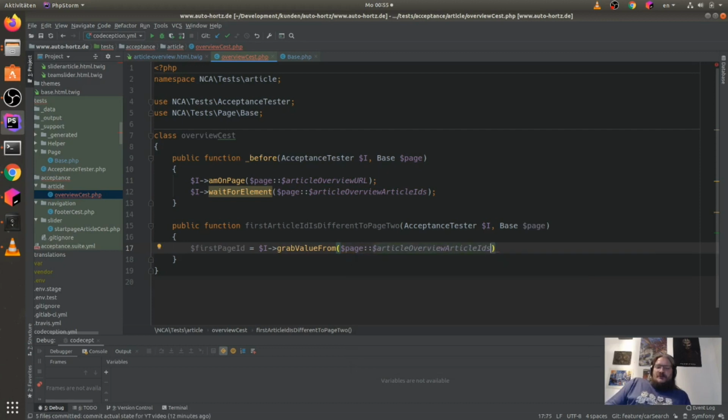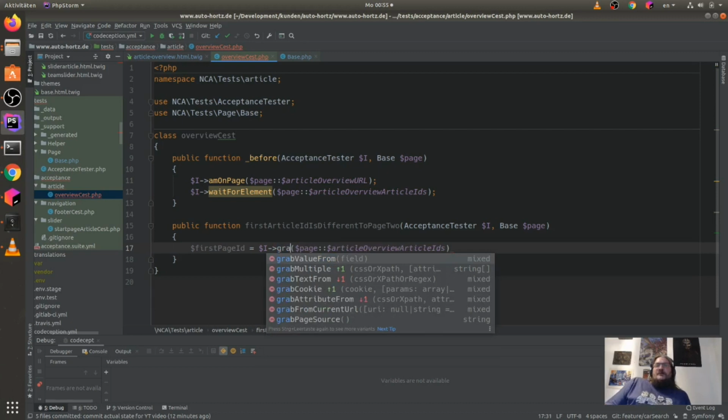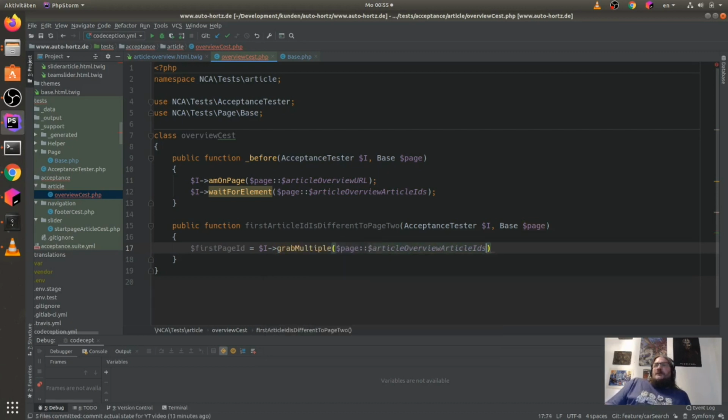This is right here, and now I have the value, and I want grep value from, which will not work on multiple items, so I have to grep multiple, and I hope that I can grep here also value. We will see if this works, and this will also be number 1.